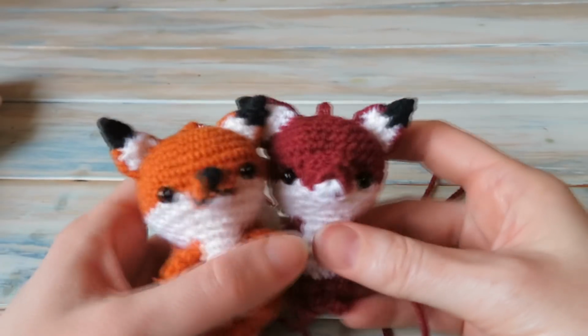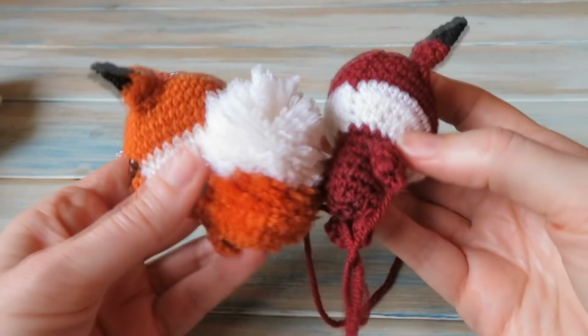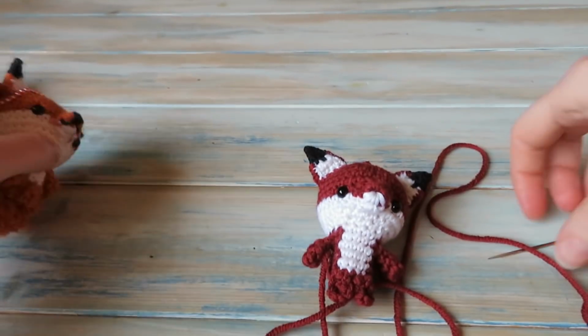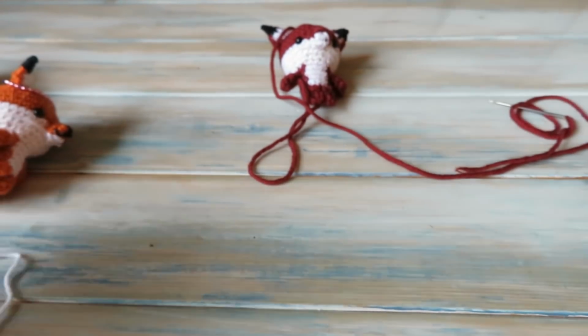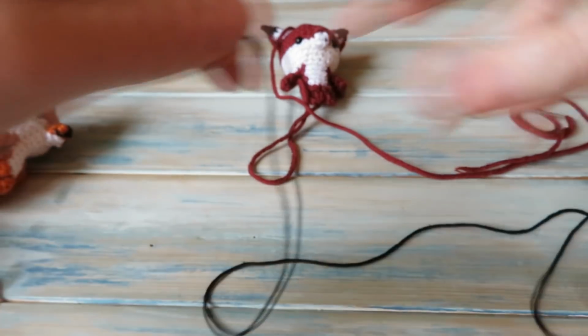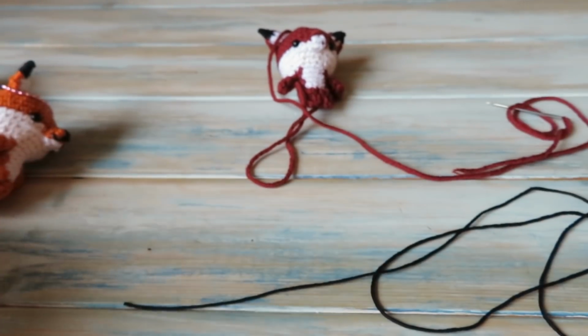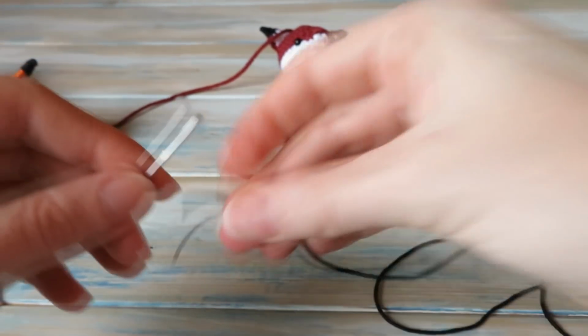In this video I'm just going to be finishing up. I'm going to be showing how to sew on the nose and the mouth and make his pom-pom tail. You don't need a pom-pom maker either. So we're just going to finish up. We're going to get a little bit of black yarn that we've been using for the rest of the body, so take a length of that, cut that down, get yourself a yarn needle, and